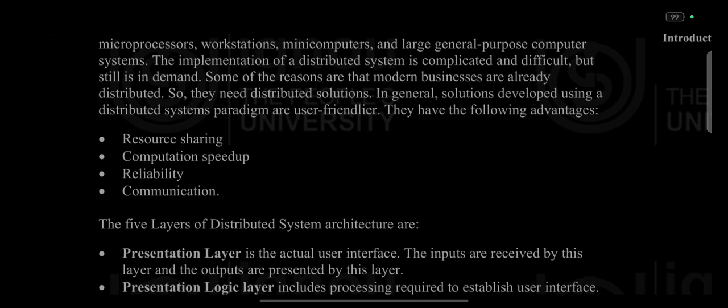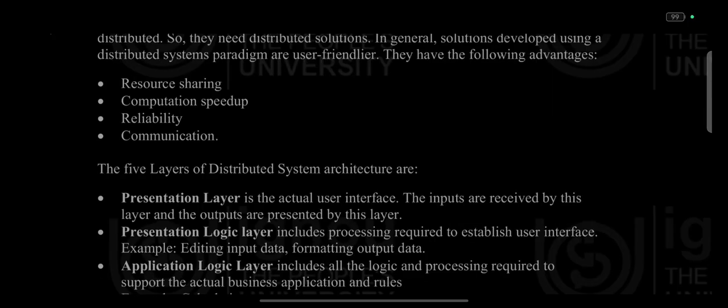Some of the reasons are that modern businesses are already distributed, so they need distributed solutions. In general, solutions developed using a distributed systems paradigm are user friendlier. They have the following advantages: resource sharing, computation speed up,